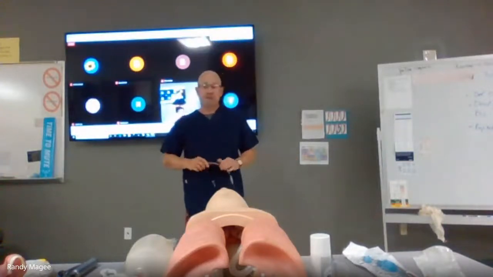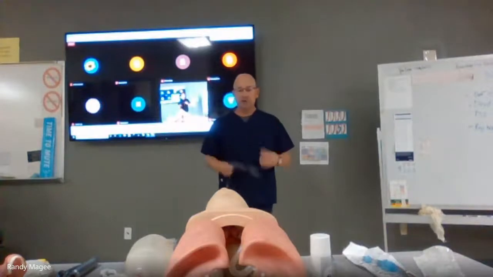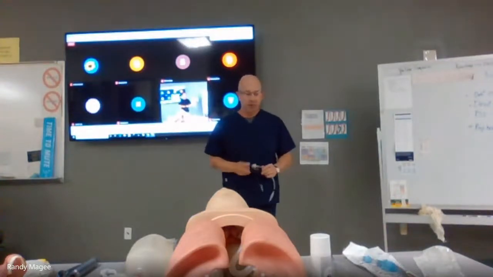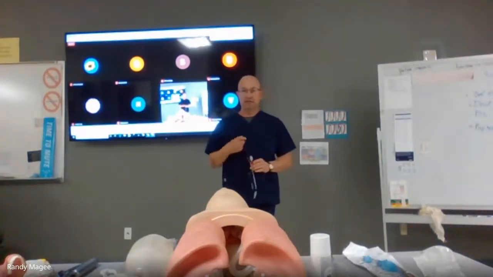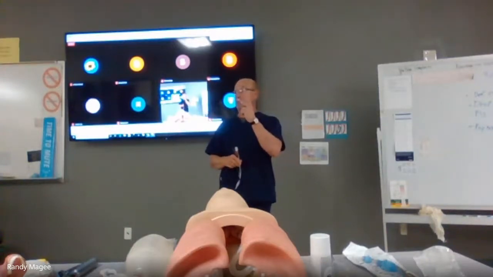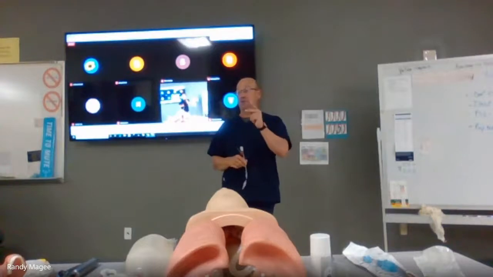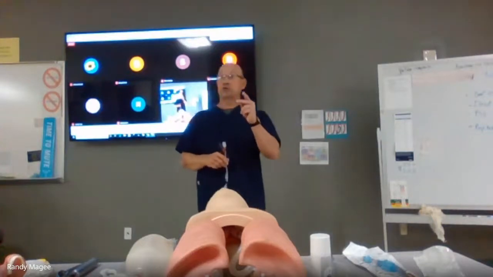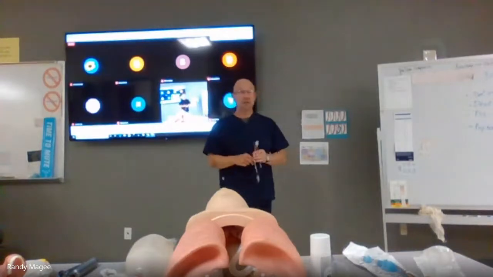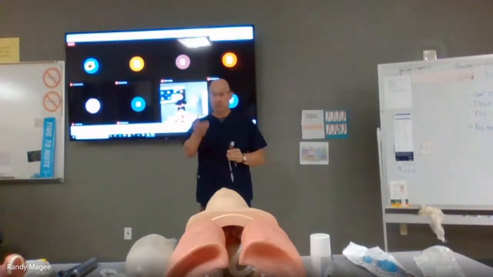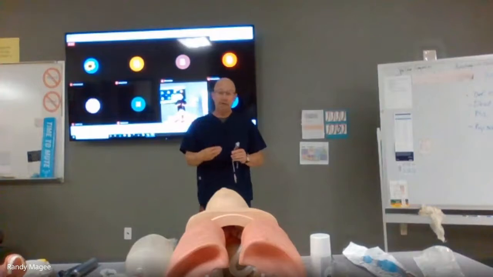So we're doing RSI, we're going to do the intubation. There's problems with intubations. Mainly the problem is unrecognized esophageal intubations, because there's only two places that these tubes can go. It's either where it's supposed to, into the trachea, or into the esophagus. Now, if it goes into the esophagus, we should know it fairly quick with the procedures that we have to